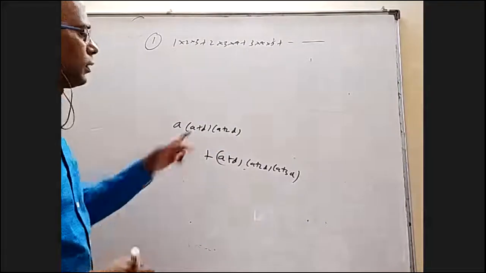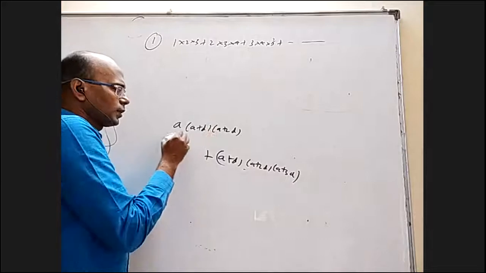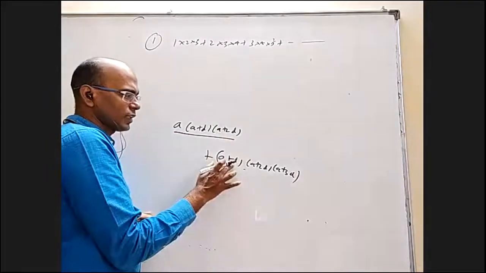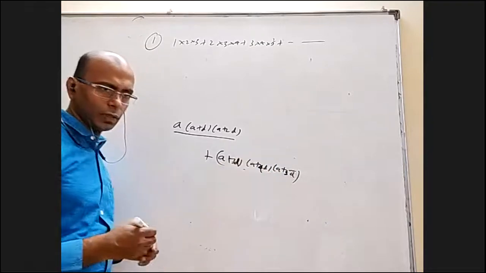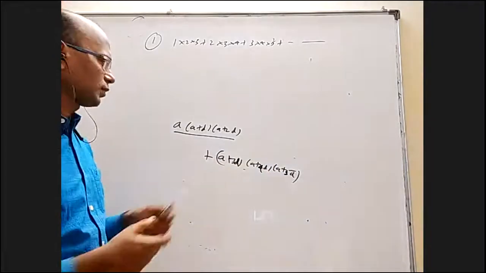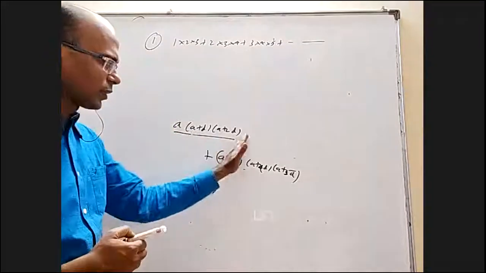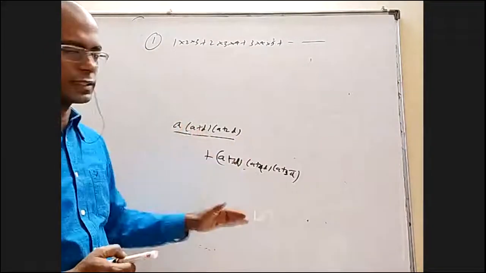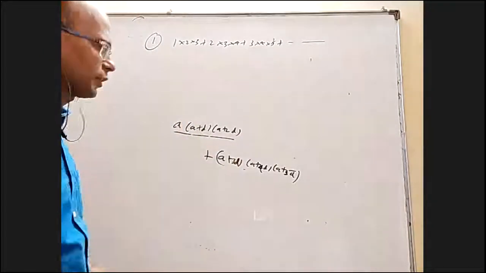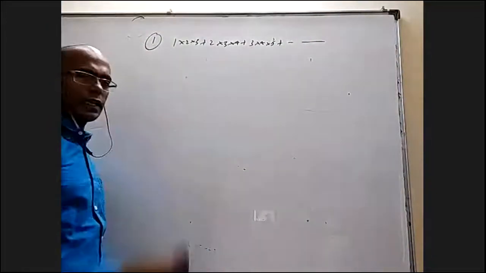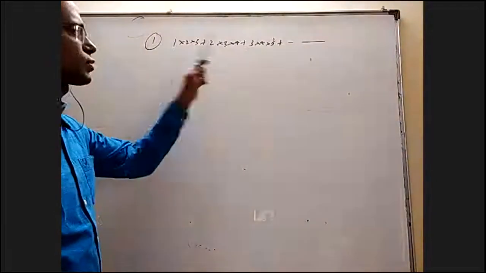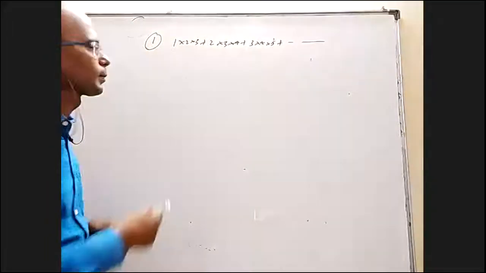But if they give an AP and they don't start with a plus d here, if they start with a plus 3d, 4d, 5d, then we will not be able to do it by this method. You should remove these and take the next 3 from here, then remove these 2 and take the next 3. When they give it like that only, we can use this method. But I'll tell you an easier method than that, only for this question and the next question, not for all.